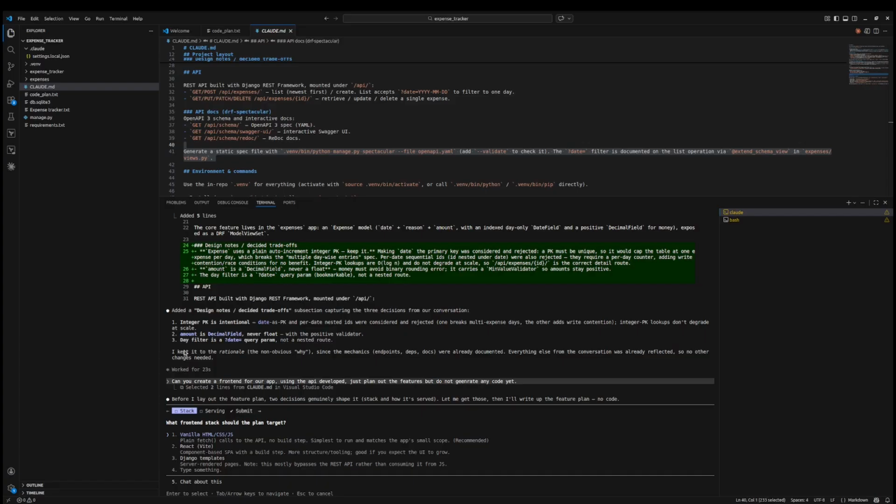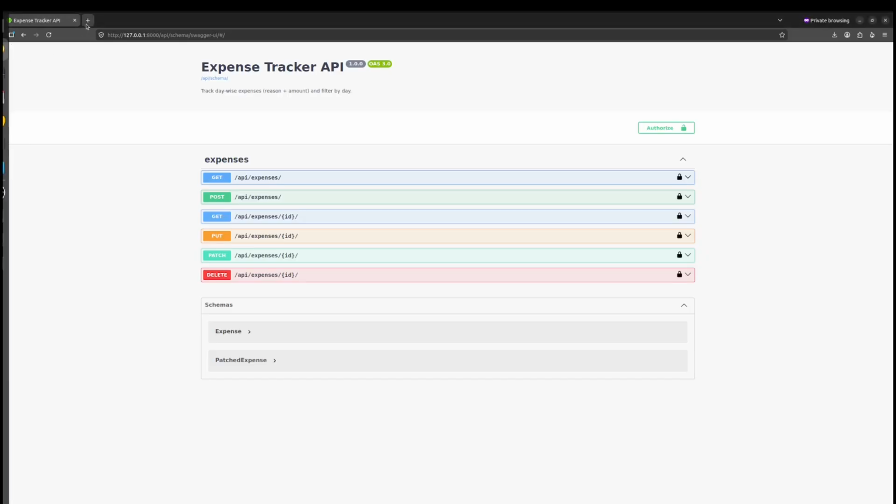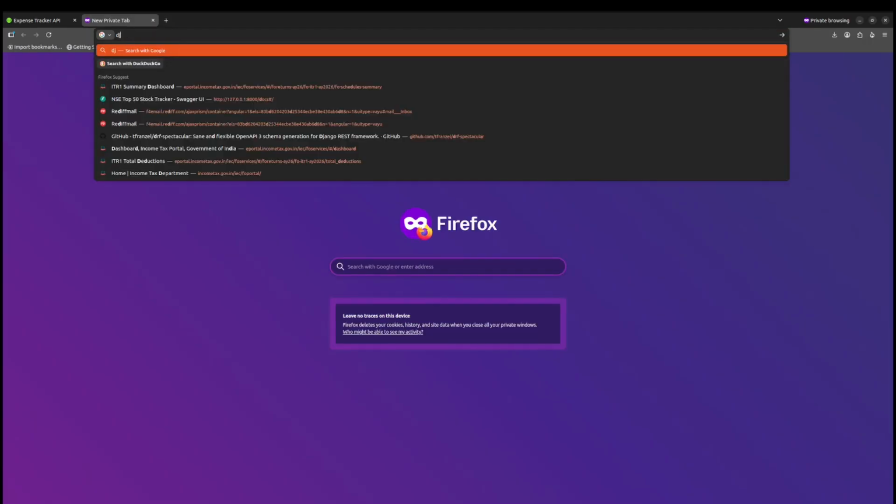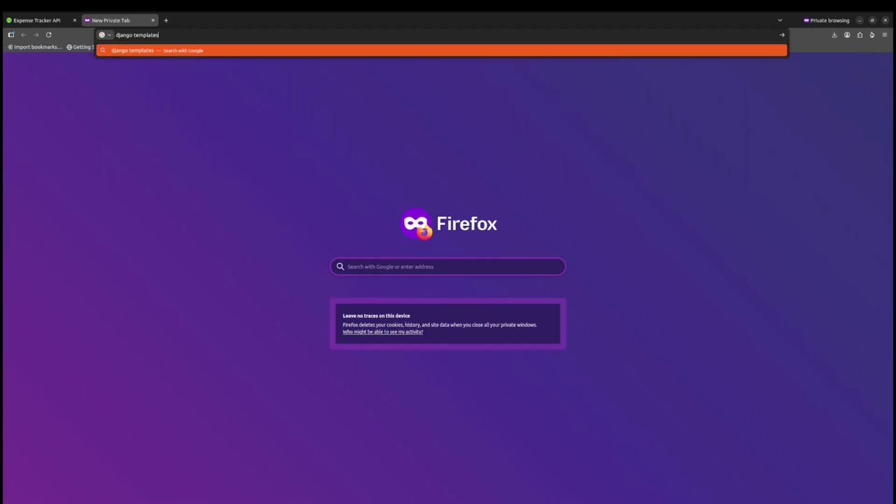Okay, HTML, CSS and JS I'm aware of. React is also something I'm aware of. Django templates, okay, rather than consuming it from the JS. Okay, what is Django templates? Let us research a bit about it. Django templates versus